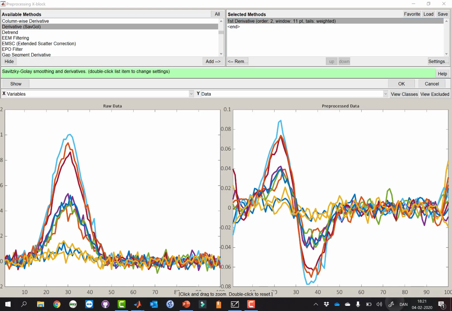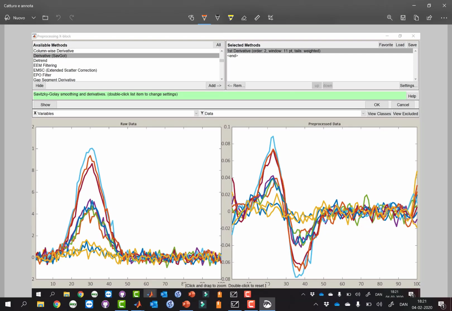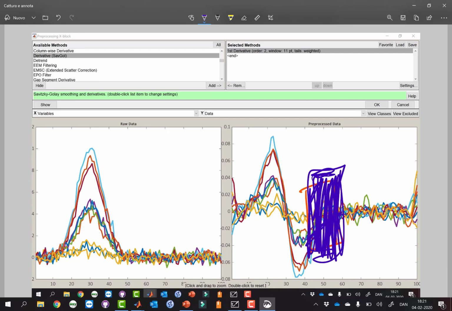Now imagine that you're working with data where you have to do some sort of variable selection, and maybe you will have to exclude, for example, this part of the data. Let me change the color. So let's say you remove this part of the data. Now if you do that and calculate the derivative and you have a big gap here, then you might run into artifacts from the fact that you're missing the neighboring points.